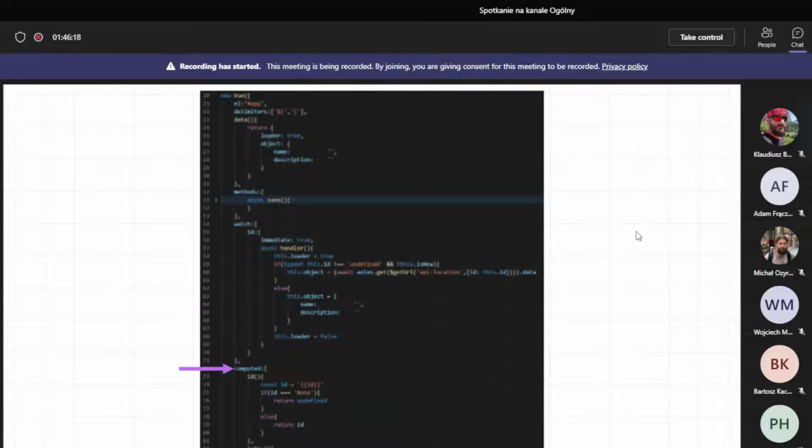Then the last part of the code is the computed option. The part of the code that you can see over here is our own construct of how we are binding Vue.js with Django, and I will come back to it in just a few slides. So let's not focus on this, but what you need to know about computed is that